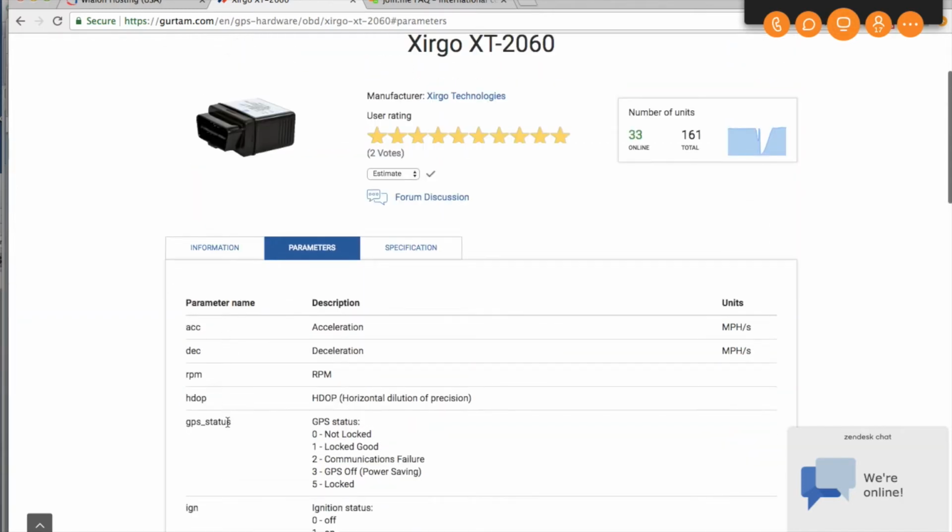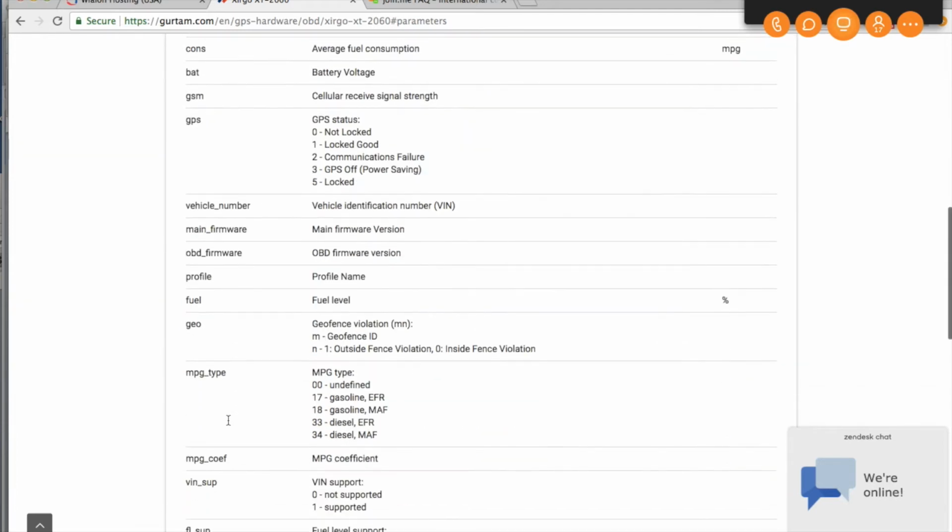We're all getting it from the protocol of the device. So this is very important, to learn the device that you're using. And each device is capable of sending some specific data. OBD devices are somewhat similar to each other, so if you use OBD, then you may find some similarities with